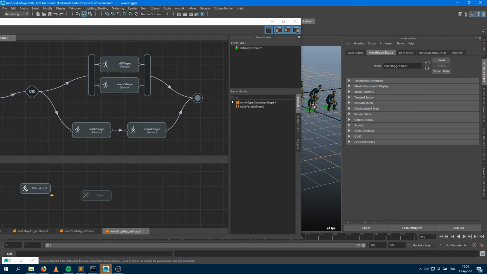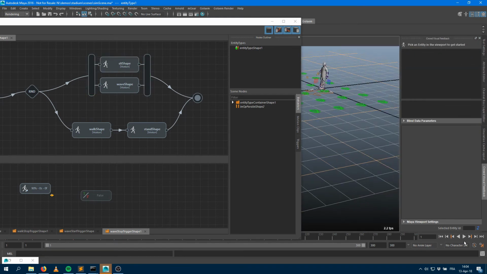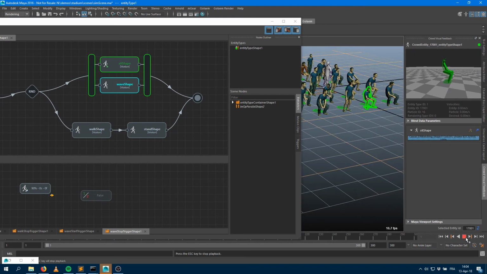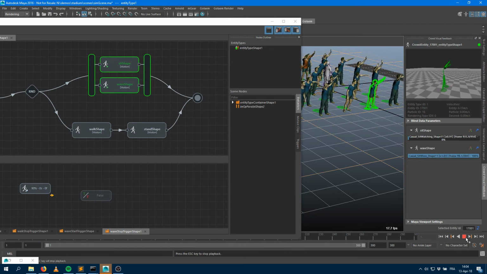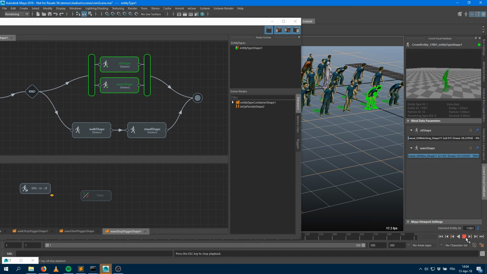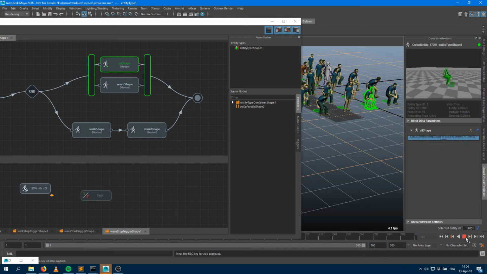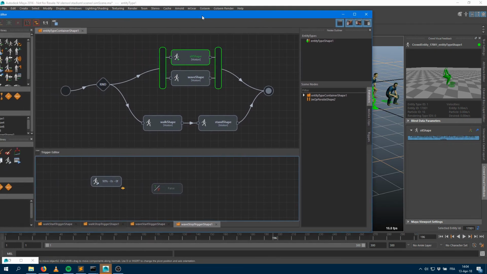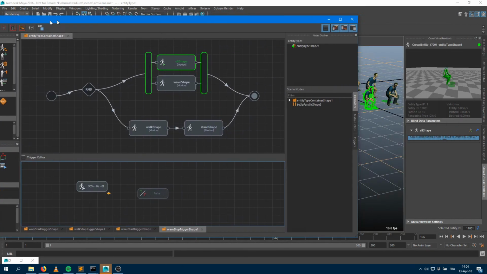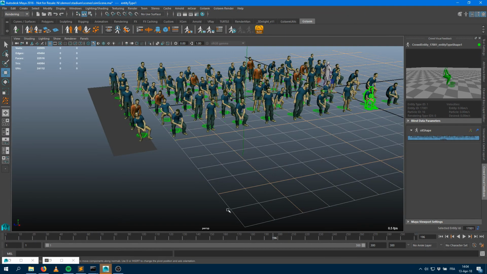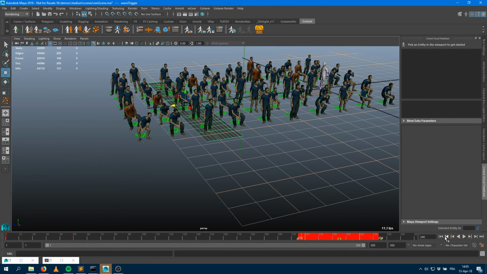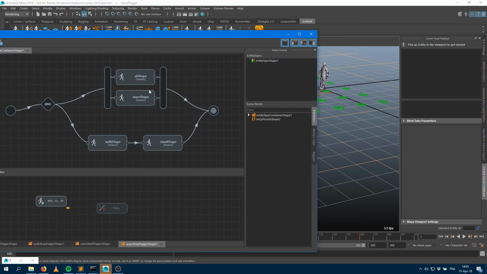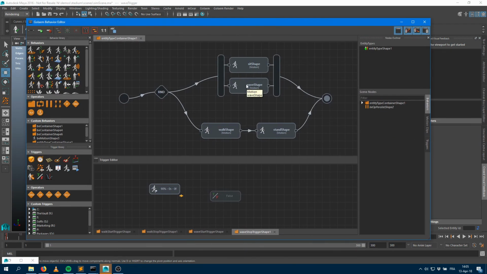Which means if I select that character here and relaunch the sim, you can see that it is evaluating that wave shape. As soon as the wave geo goes by, it plays the behavior, and when it has played for 90% of its duration, it just stops and nothing has to be re-evaluated. So the signal just went out and doesn't go in again. So if I want to change that behavior, because here my plane goes by again, and once again I'm just changing the keyframe so it's way longer in the sim. If I want this to be taken into account, and if I want that behavior to be re-entrant, I'm going